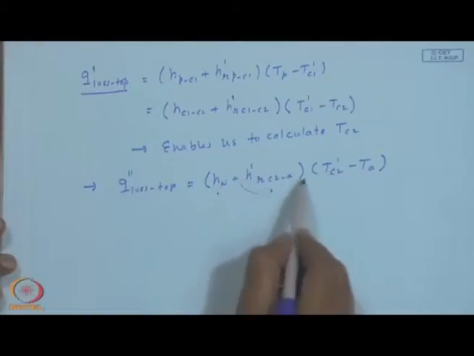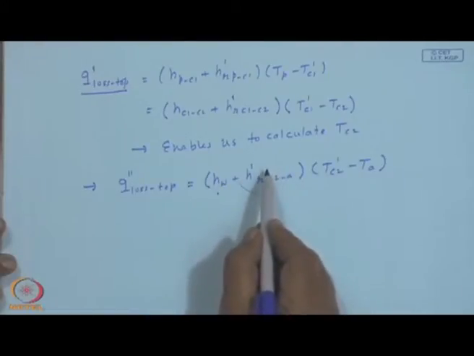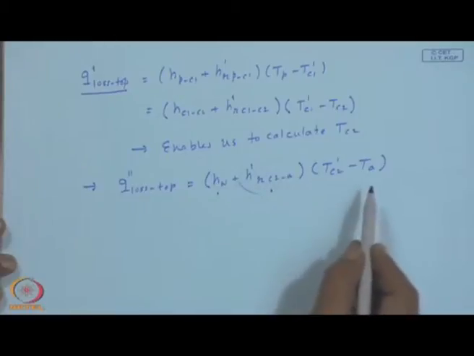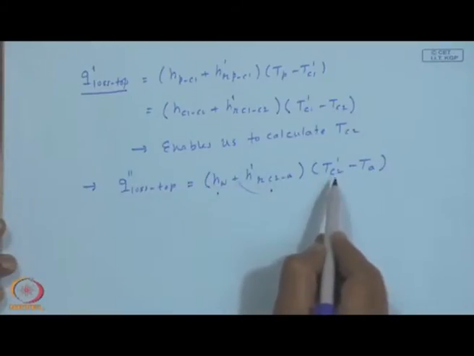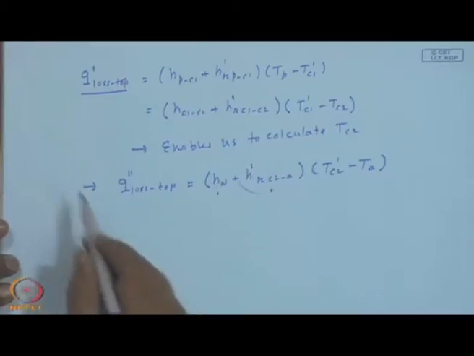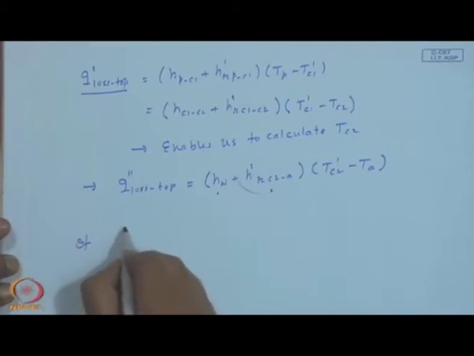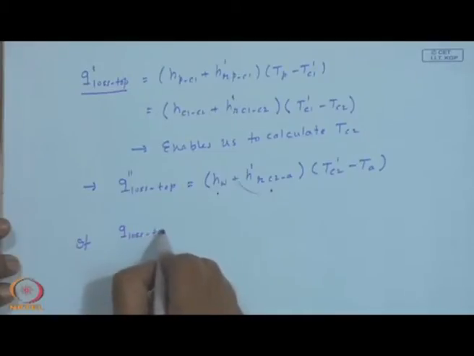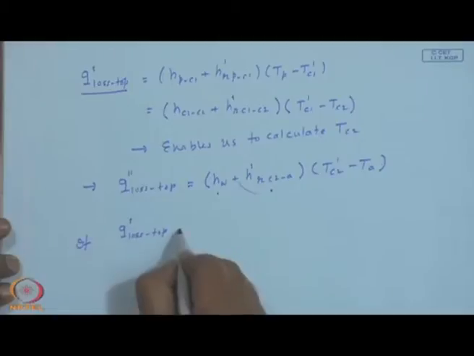And this radiative heat transfer coefficient is calculated based upon T sky, T ambient and T c 2. So, I compare these two, and if we have Q loss top 1 minus